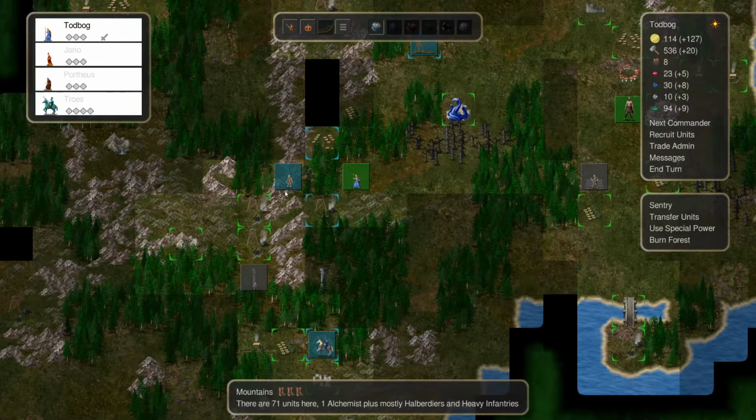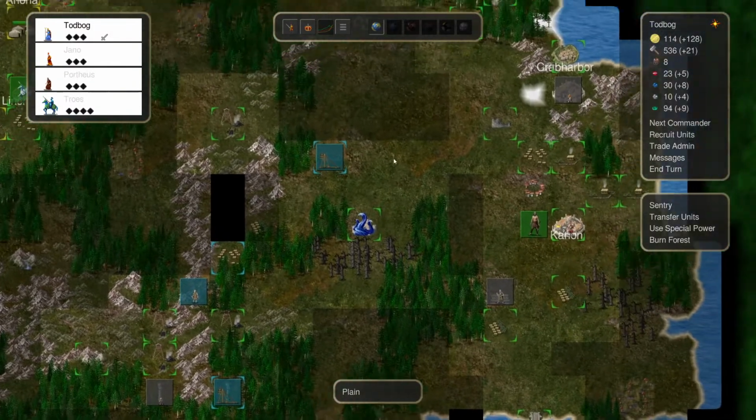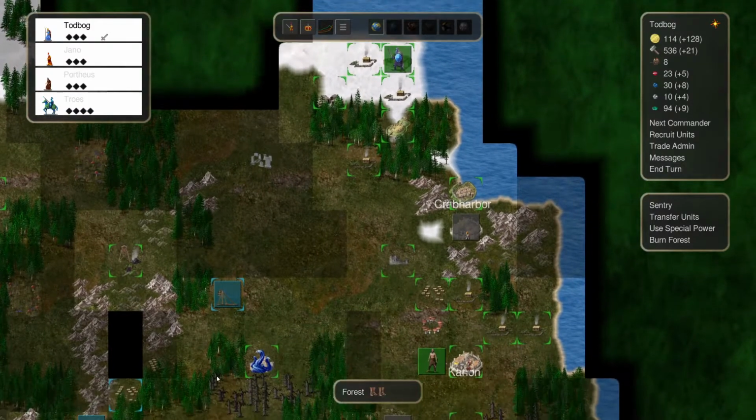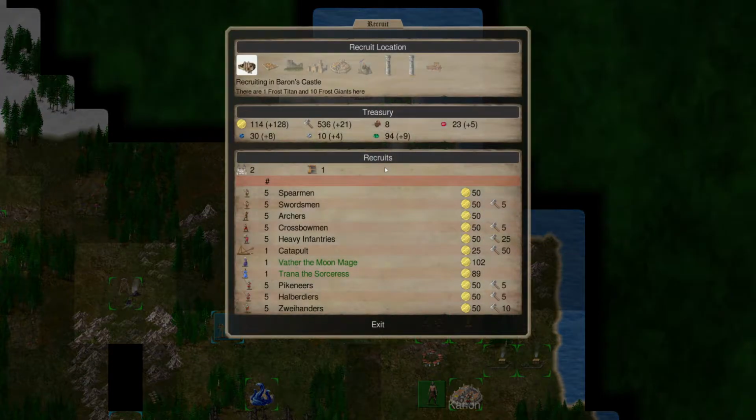I don't want to deal with the Alchemist right now, huh? So we're just going to come down here. And we got one Trebuchet. Yeah, that should be an easy fight. So we'll tackle them next. Alright. So...